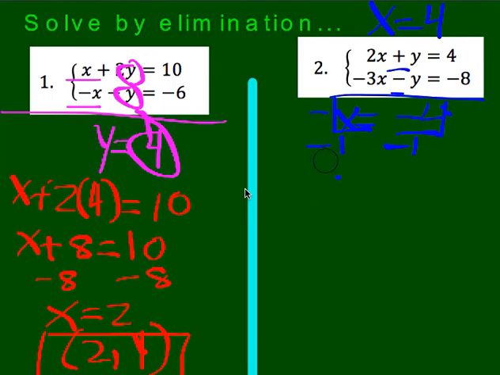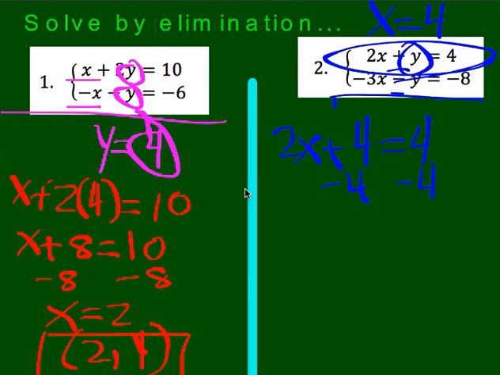So now I can substitute that in for either equation. It doesn't matter which one. Now I'm going to choose the top one because the top one has a positive y, and that's going to make solving easier. Remember, it doesn't matter which one you choose. I just like to point out hints of what's going to make it easier. So we're going to have 2x, and then instead of the y, I'm going to put 4, and that's going to be equal to 4. So now I'm going to subtract 4 from both sides, and I end up getting,